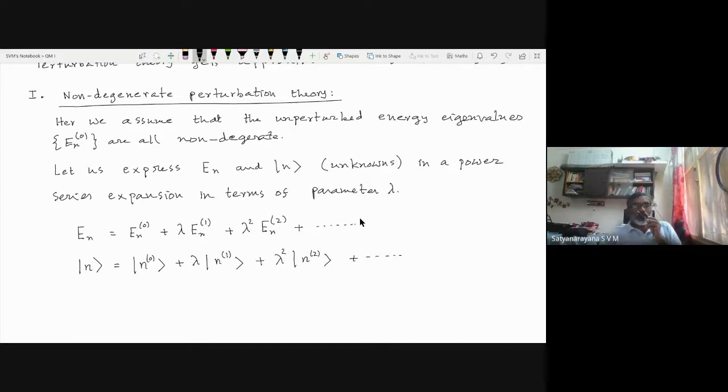So what we will have to obtain is expressions for these. What we know is only the unperturbed states and unperturbed energies. That is what is known. The unperturbed eigenvalues are non-degenerate and they are known. En0 are known and n0 are known. That's all that we know because the unperturbed problem can be exactly solved. Now let us substitute